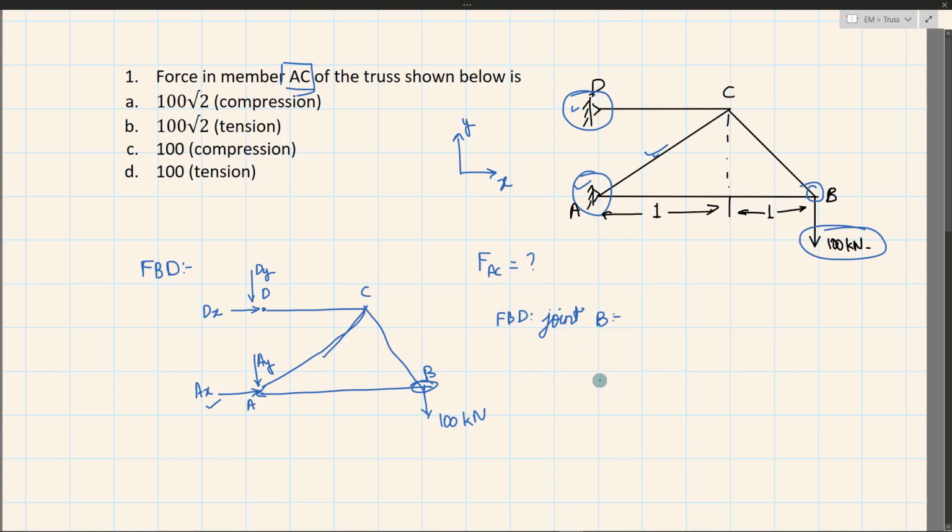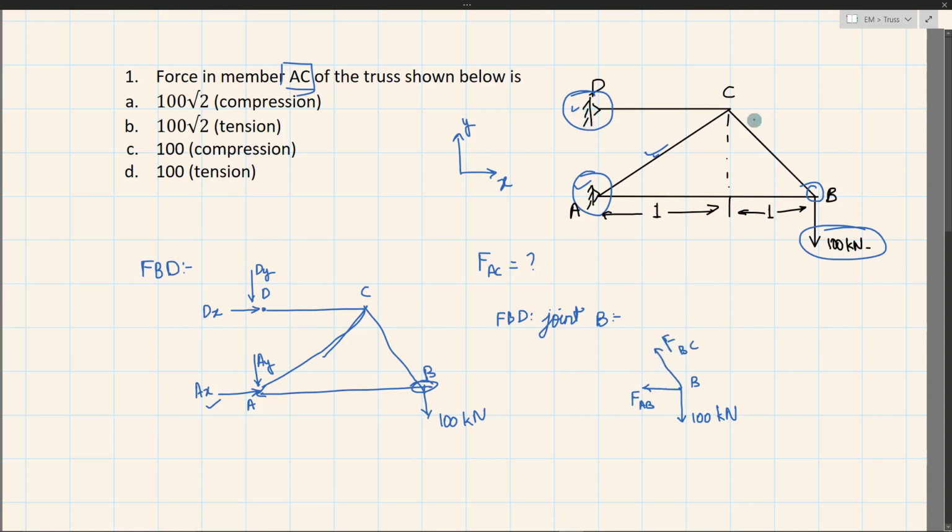Okay, so at joint B, what do I have? I have an external force acting, that is 100 kilonewton, and also I'll be assuming each force is tensile, right? So I have FAB and also I have FBC, right? So the angle between these two is,